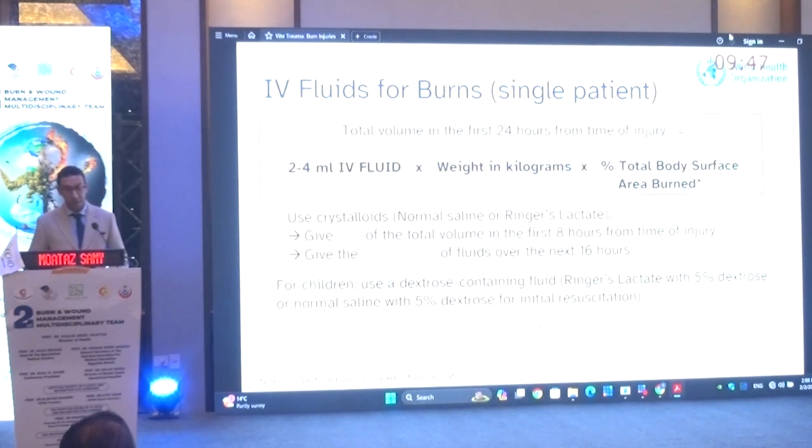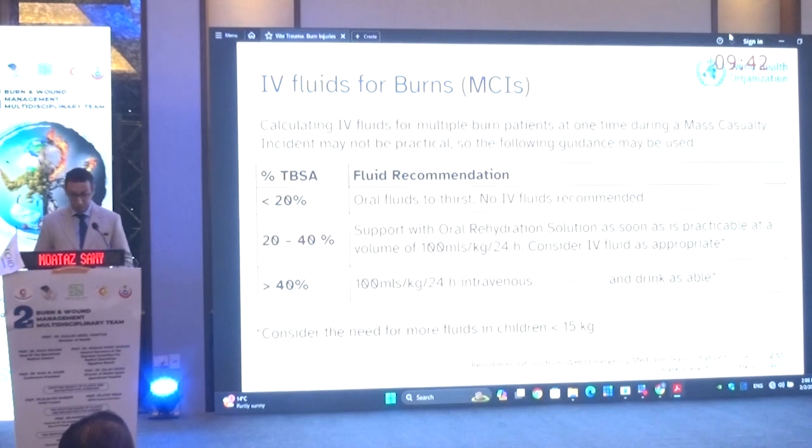Intravenous fluids for burns in a single patient follow the Parkland formula. Intravenous fluids for burns in a mass casualty incident are the most important point of this lecture: how we calculate and give fluids in a mass casualty incident. These are recommendations from WHO clinical teams, called the Technical Working Group Burn Preparedness formula, or